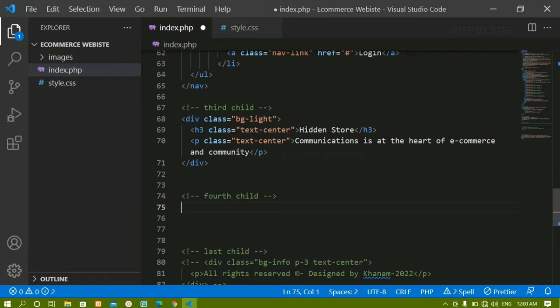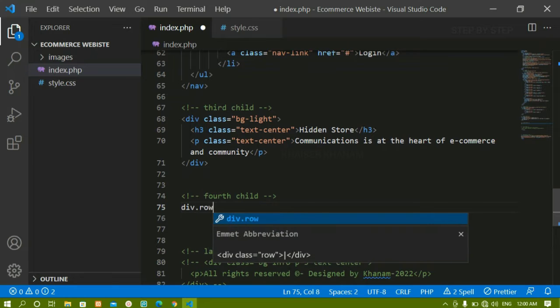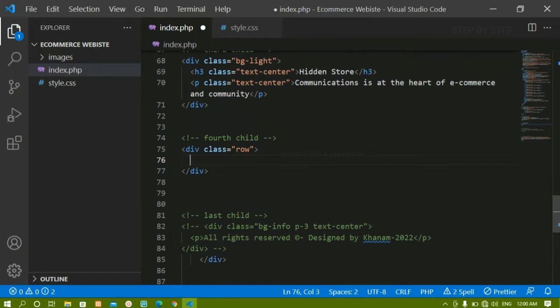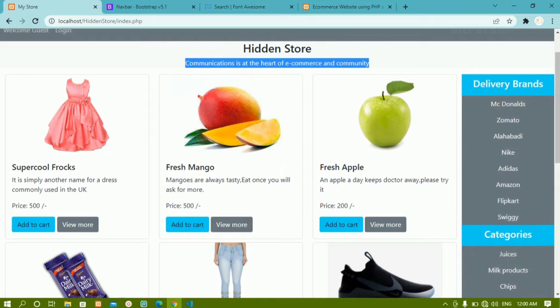Below this I'll be creating one div, and for this div I'm just going to give the class as row. Now whenever we are creating this, we can give multiple columns inside it. Whatever columns we give should always sum up to 12. So this first column, the product column, I'm going to give 10, and the side nav I will be giving